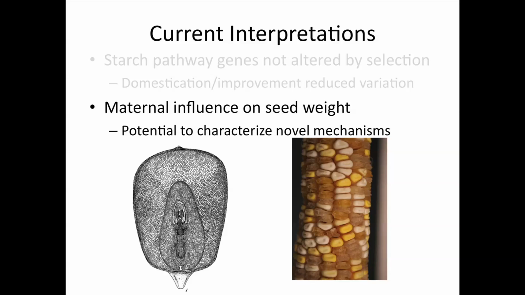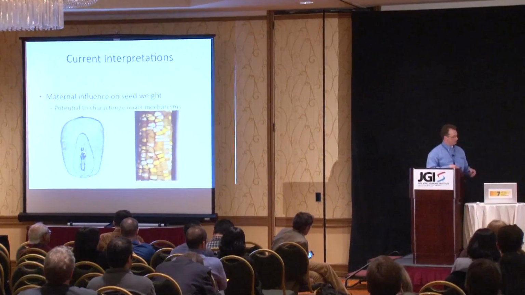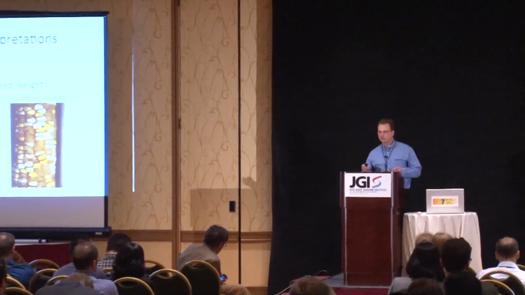As I mentioned, we're having various pieces of evidence that are indicating that there's a strong maternal influence on both seed weight and seed modifications. Much of the research in the past is focused on the seed itself. So here's a maize seed, the endosperm, the embryo, and so on. Within the maize seed, you have the pericarp, and then you also have the cob and all the other maternal tissues that this is attached to.